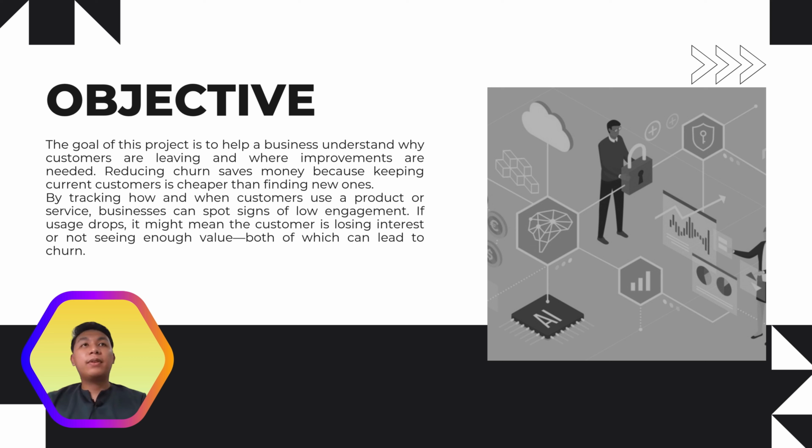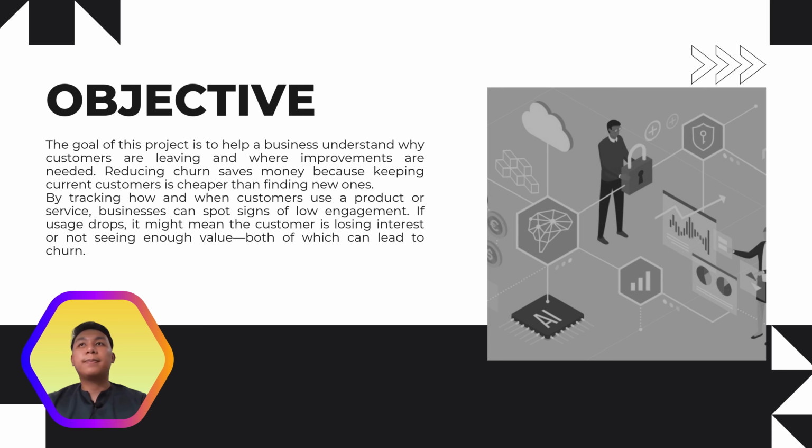For the objective, the goal of this project is to help a business understand why customers are leaving and where improvements are needed. Reducing churn saves money because keeping current customers is cheaper than finding new ones. By tracking how and when customers use a product or service, businesses can spot signs of low engagement. If usage drops, it might mean the customer is losing interest or not seeing enough value, both of which can